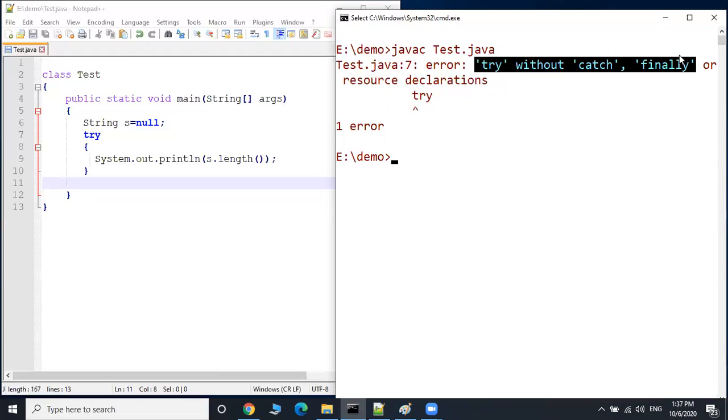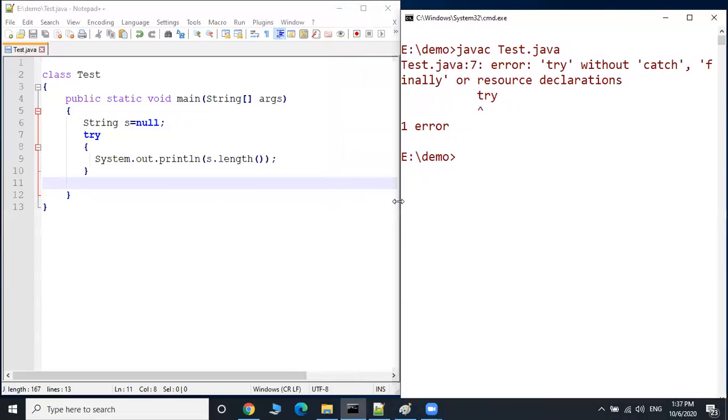Now suppose there is no catch block, can you write the try block? No, but it is possible by including the finally block. Now we can write a try block without catch by using the finally block.